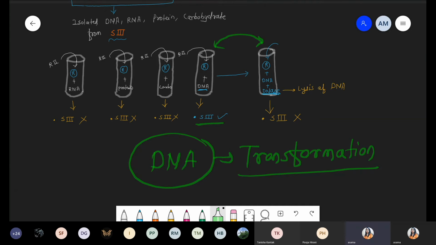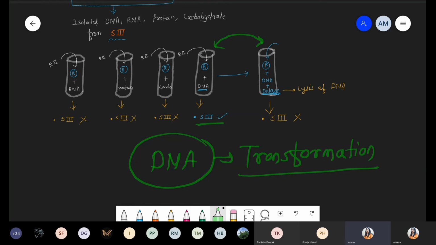Chalo. Last experiment about that genetic material. Now what happened? That is true, DNA is involved in the transformation, but that is one team of scientists, because the experiment happened in 1944. Still people don't know about the DNA structure. So now there are two groups in 1944. Some group of scientists said हाँ, ये DNA हो सकता है. But another group said that no, it's not possible. It is not DNA. It is some other chemical.